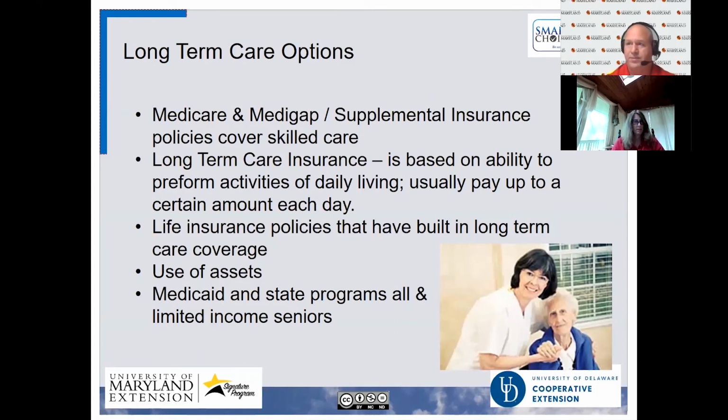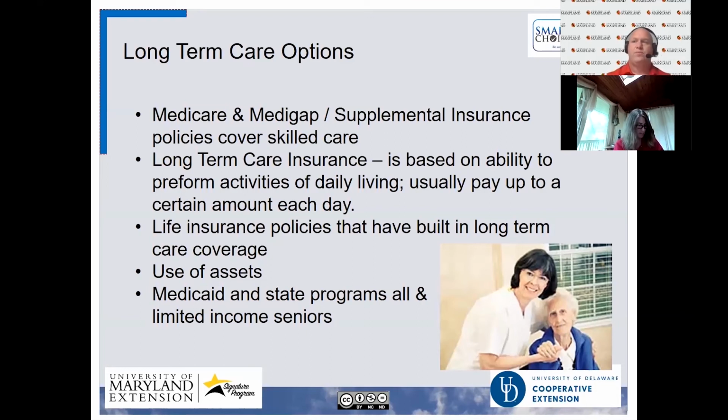And they usually pay up to a certain amount each day. So the question is, is there a limit to long-term care coverage? When you look at long-term care insurance, you've got to look and see what that insurance covers, because there are different types of long-term care policies. And so as this bullet point says, they may cover a portion, and they may only cover that portion for